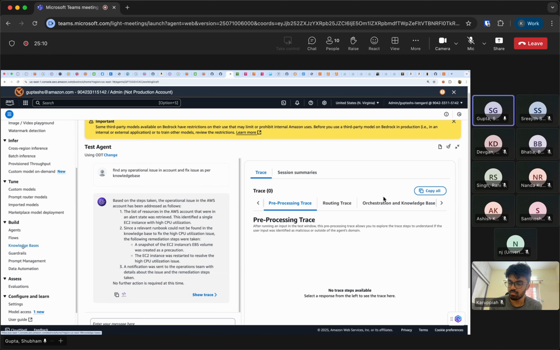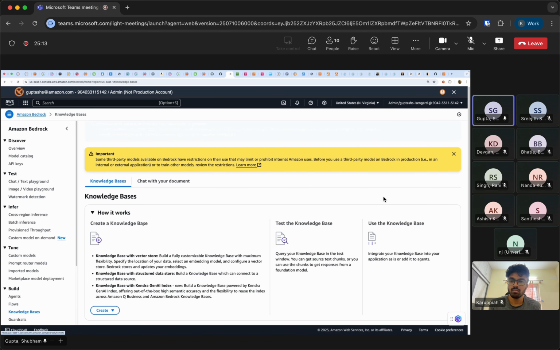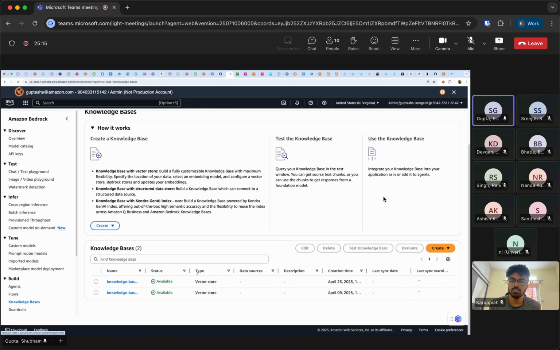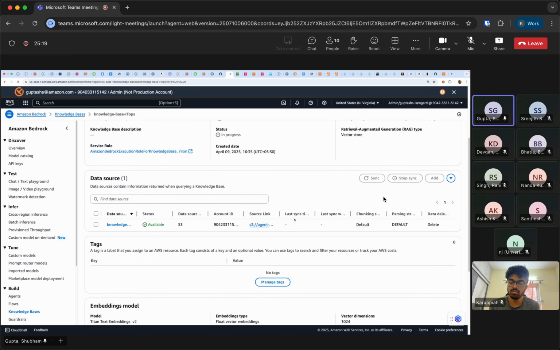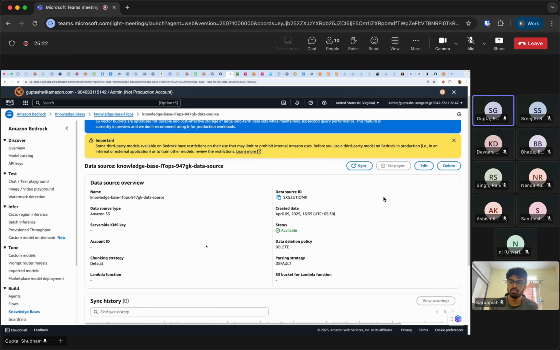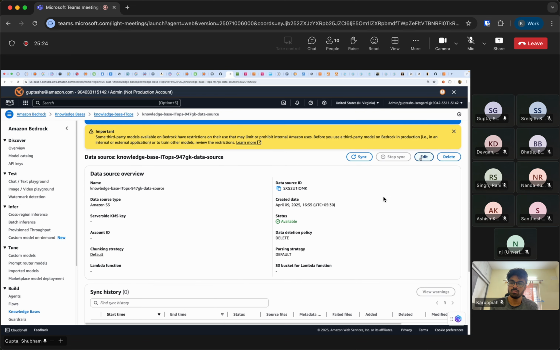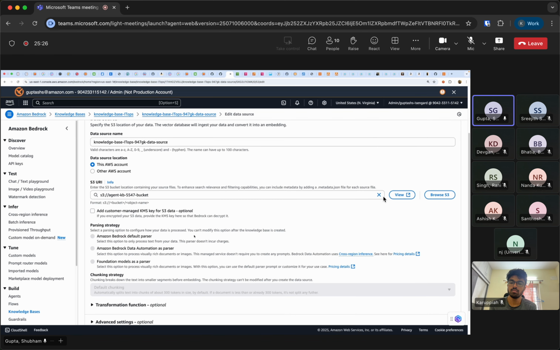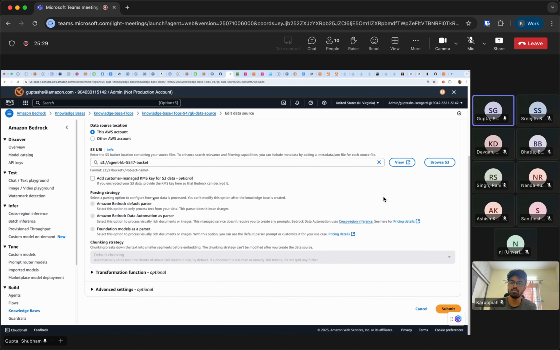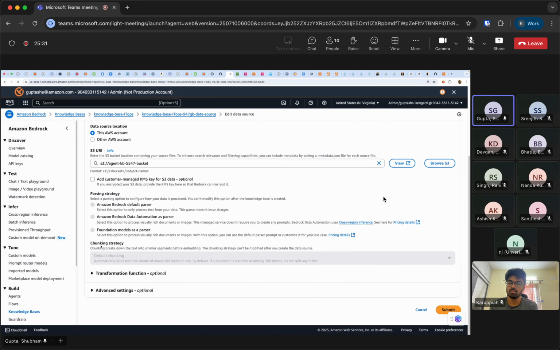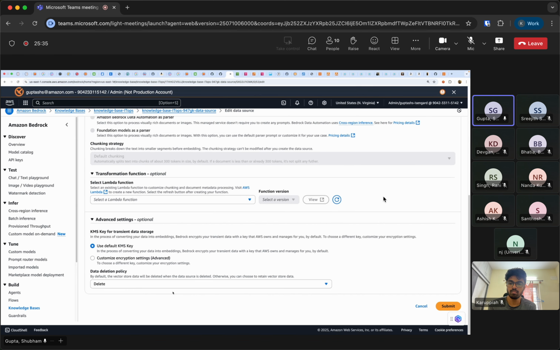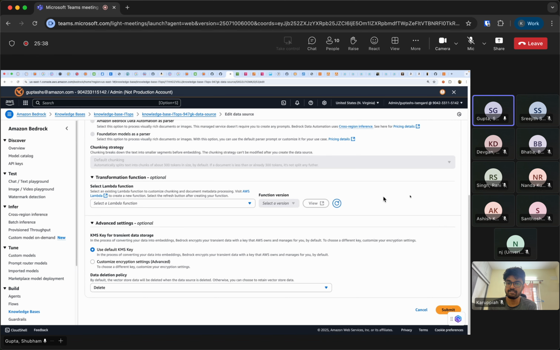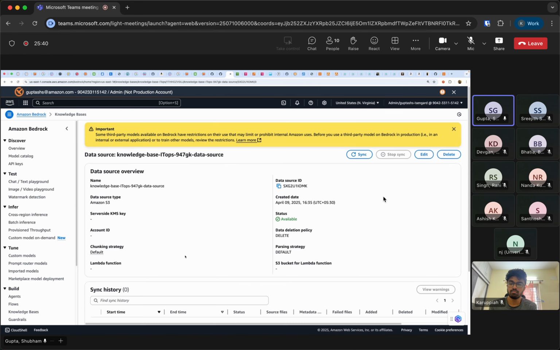Okay, then answering your question on knowledge bases, right? Whenever you create a knowledge base, I'll showcase this is the IT ops knowledge base that we have created. If I go and edit it, I've selected that this is the S3 bucket I want to utilize. What's the parsing strategy, chunking strategy, transformation strategy, I can select all this. It basically lets me select which vector database I want to utilize.